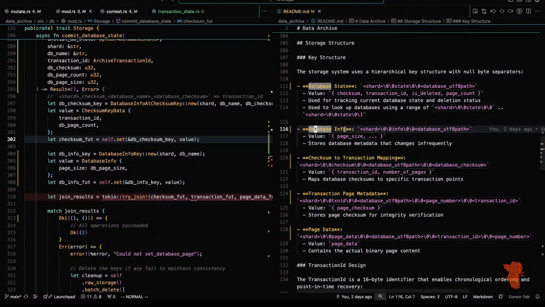Can we do this one at the same time? We need the page size. This one has to be committed at about the same time as this one here. What else do we have page size?